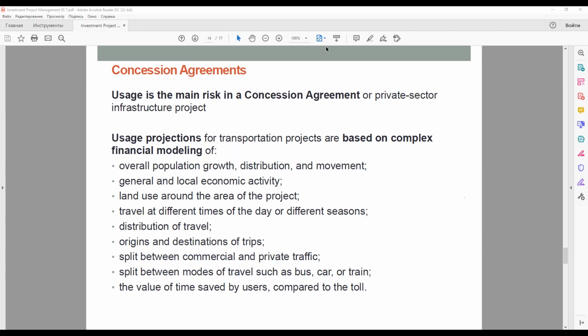And a few words in detail about the availability-based contracts. The contracting authority takes the usage and has the revenue risk on this type of project. Just as in a power purchase agreement, the off-taker has to pay the capacity charge, whether or not it needs the electricity to be generated. So if the demand for school places or number of prisoners in a prison is lower than projected, the service fee is still payable.